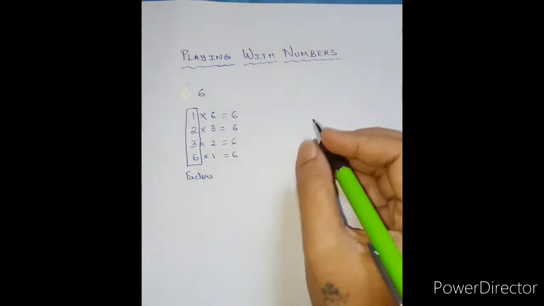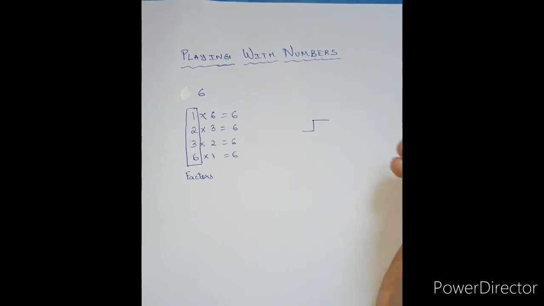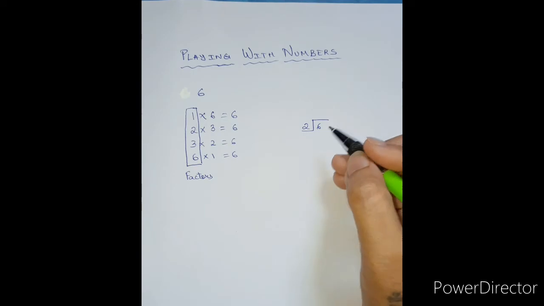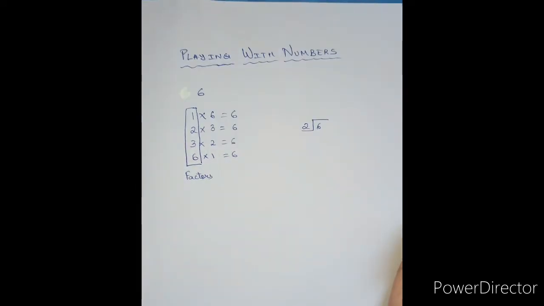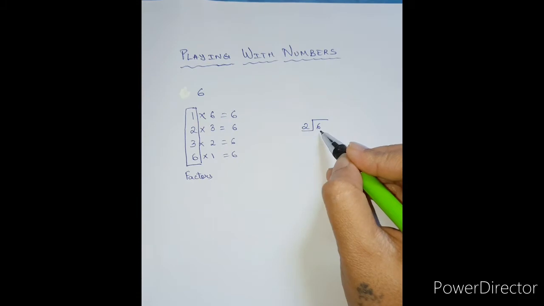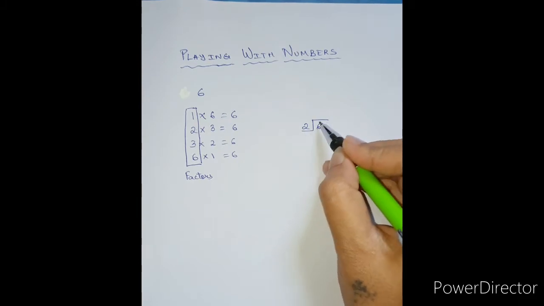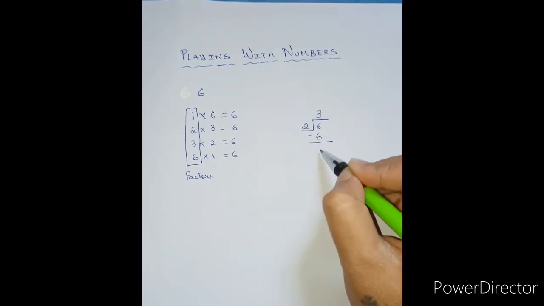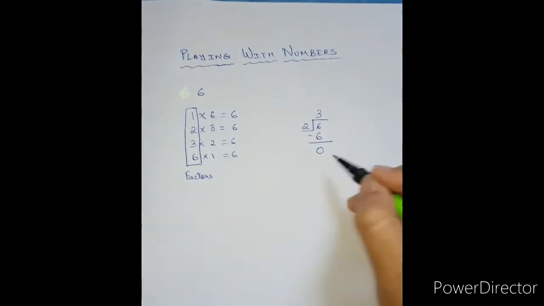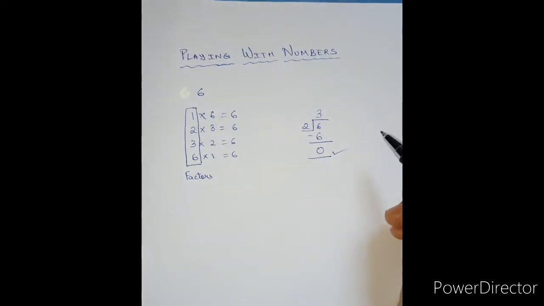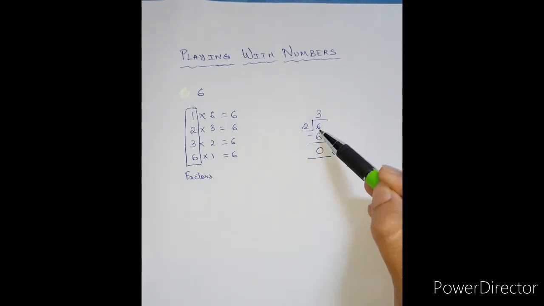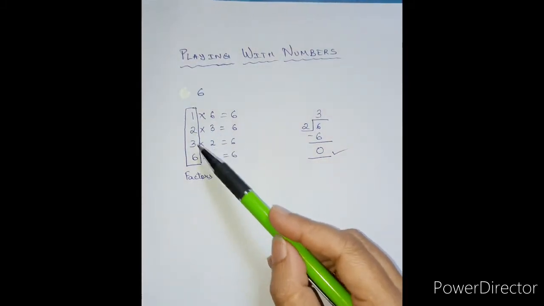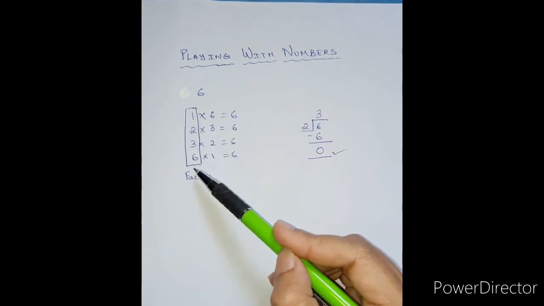Why do I say divisors? Because when we use them in division form, suppose let's take the number 2 to divide 6 and see if we are getting a remainder 0 or not. 2 is called the divisor, 6 is called the dividend. 2, how many times will give 6? 2 3s gives me 6. Subtract 6 minus 6 gives me 0. Yes, the remainder is 0. That means 2 is an exact divisor of 6. This is the remainder and this is the quotient. So 6 has 4 factors, 1, 2, 3 and 6.